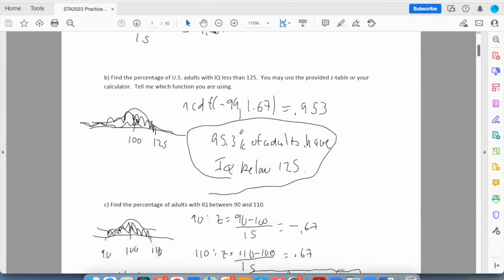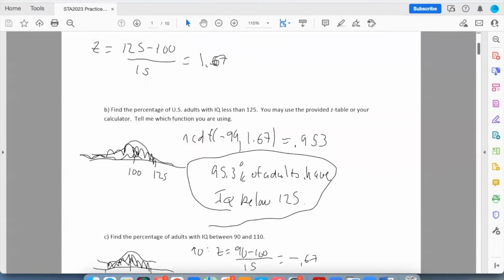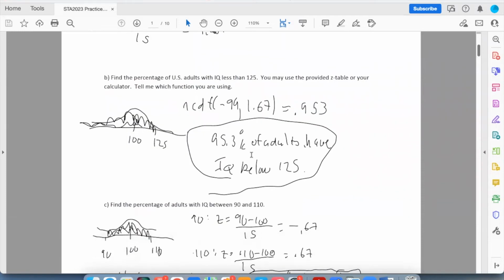Okay, part B here, now we're going to use that Z-score. We're going to find the percentage of our population that's above that value. This is a normal model problem, chapter 5. So we draw our picture. We wanted to be less than something, so we shaded below. Find that Z-score, we just found it. Normal CDF, smallest thing I shaded up to largest. And we get this big number, 95% of the population is below